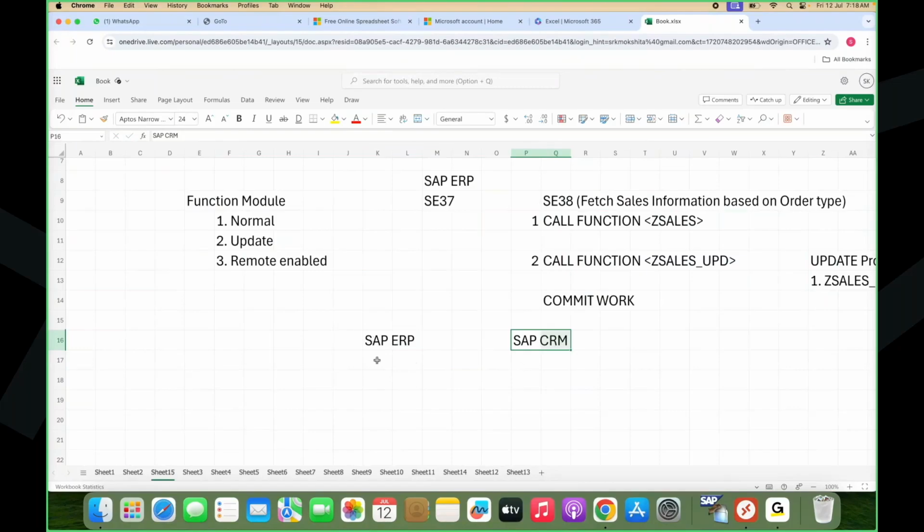Now this CRM system is like a customer support system. After you sell your product, if any product level issues occur, there will be a warranty period like 1 year or something, right? During the warranty period, if a customer wants to claim a warranty or report any issue,